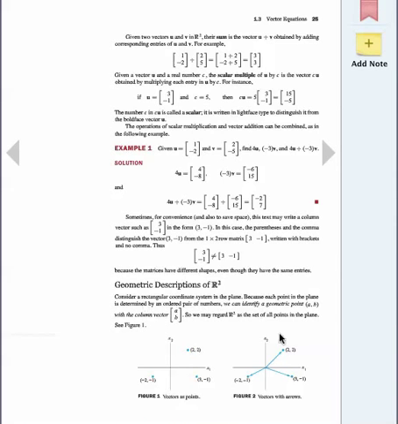We get into geometric descriptions of R2 down in the bottom of 25 here, and we can identify vectors with, you want to think of them as rays coming from the origin in R2. If you've heard of vectors in a different context, you've heard of them as something with length and direction, and we will eventually reconcile this presentation with that one, but not until late in the course in Chapter 6. So be aware that the way you're seeing vectors here is different from the way that you've seen vectors before,